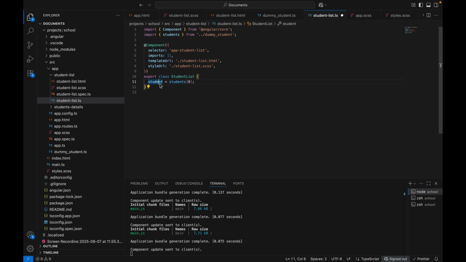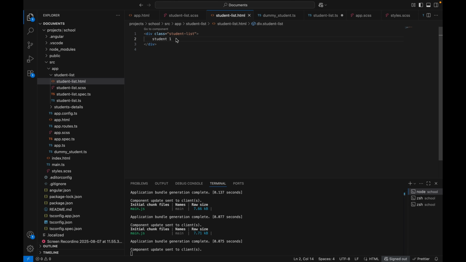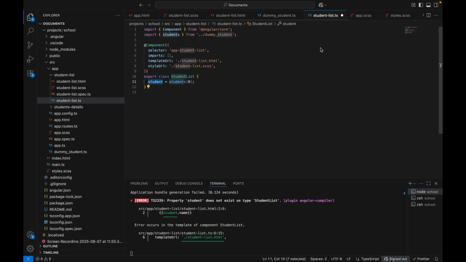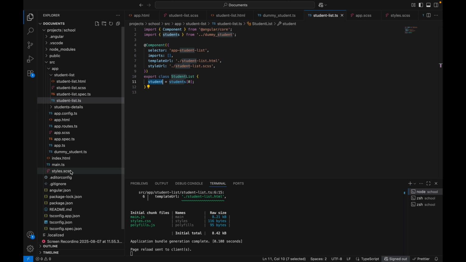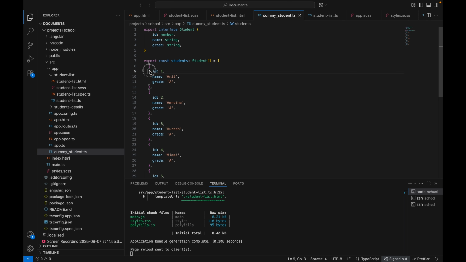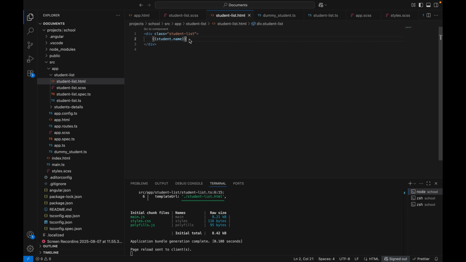Then we can read. How we can read these? We can use double curly braces. There is nothing but string interpolation in Angular, core concept in Angular. So let's use double curly braces dot name, and let's save it. Student list also, let's save it, and let's go back to browser. You can see Anil. So this is the first object name. If you go back to dummy student, Anil is the first object we have,